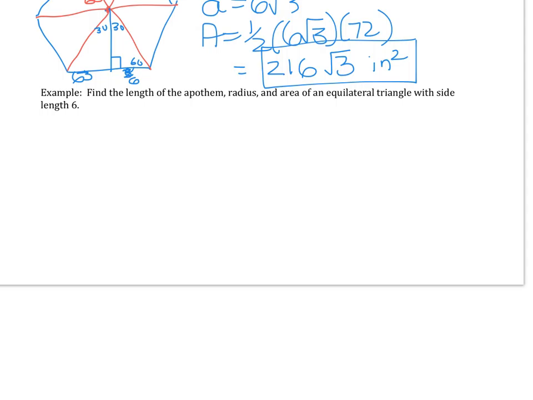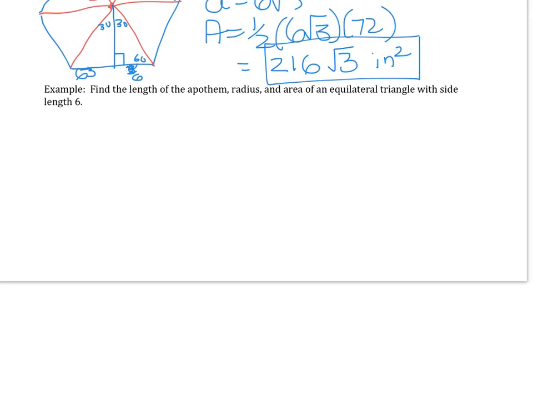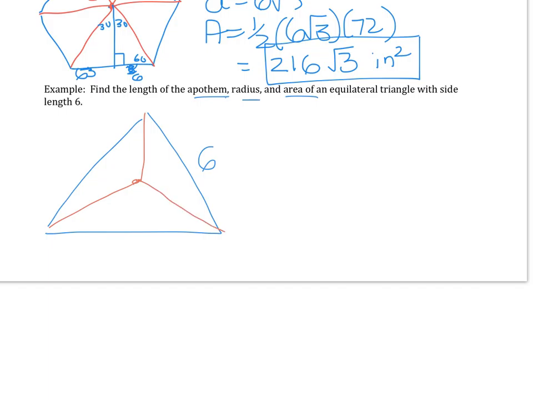Next example. Find the length of the apothem, the radius, and the area of an equilateral triangle with side length 6. So here's my center of this triangle, and here are my 3 isosceles triangles. So each angle here is 360 divided by 3, or 120. Therefore, when I bring down my apothem, each of these